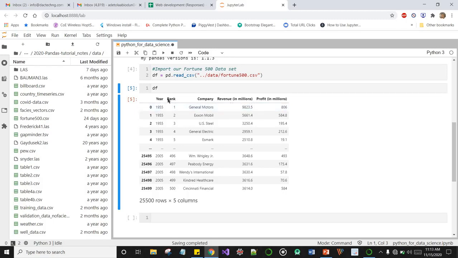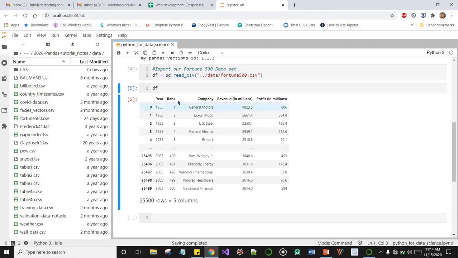For me, these column names are not tidy, in the sense that we have revenue in millions, profit in millions, and this could throw an error because there's actually a space in between column names. Okay, most times file names and column names in Python don't actually accept spaces. It could throw you an error, so you have to be very careful with white spaces in file names and column names.